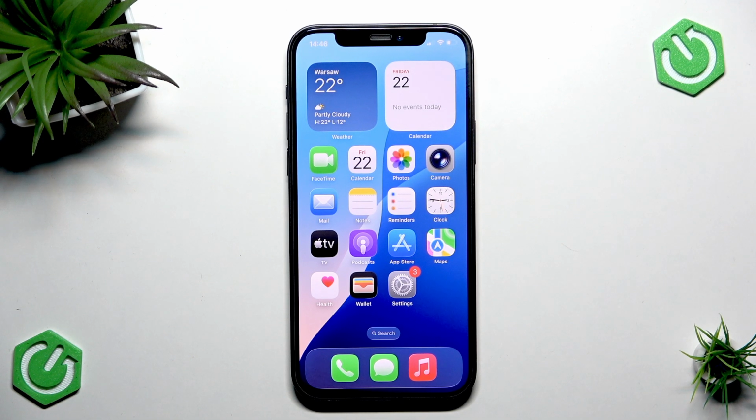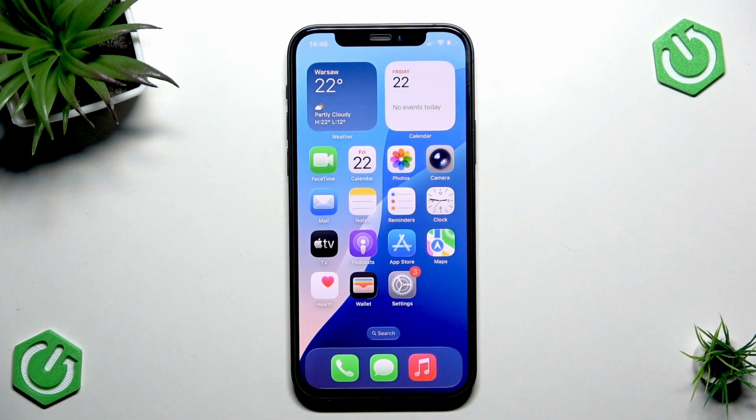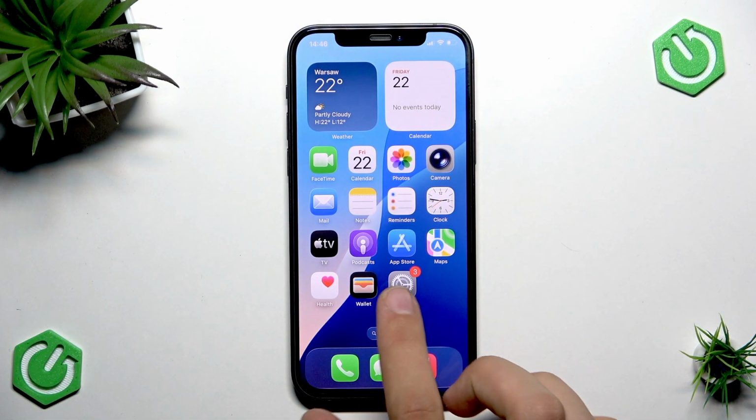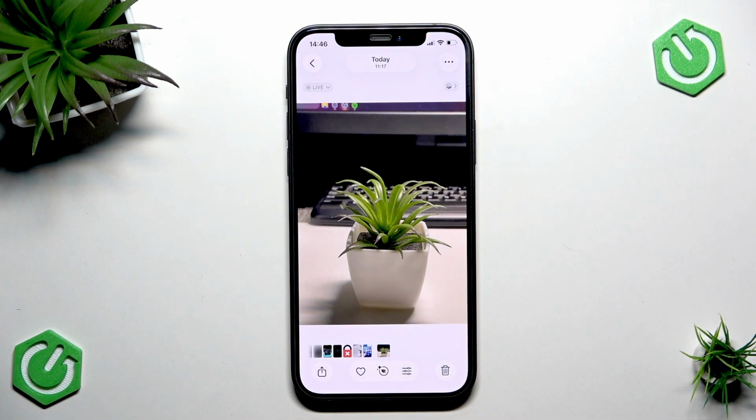Today I'm going to tell you how to put stickers on the photos on your iPhone. So at first we need to go straight into the Photos application and select our favorite photo, for example this